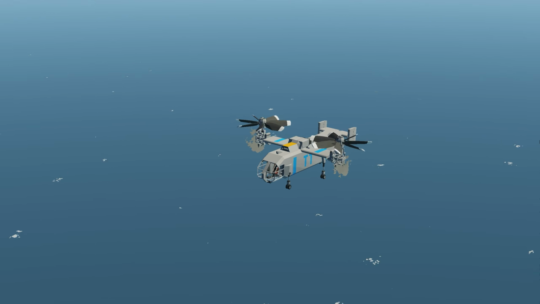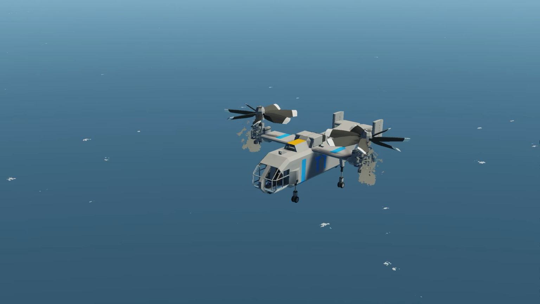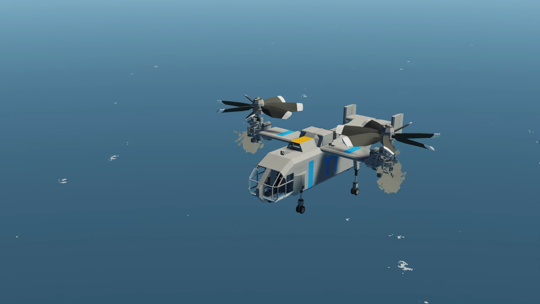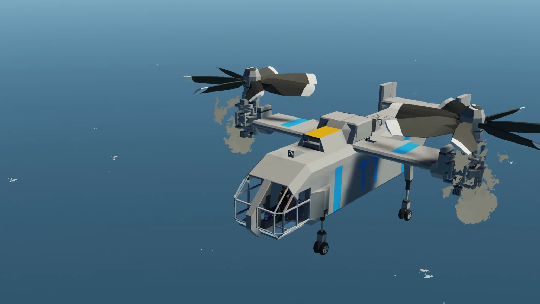In this video we're going to be checking out TT's new microcontroller to go and create a VTOL here in Stormworks. He's created this really cool microcontroller that pretty much takes out all the guesswork in how to build a